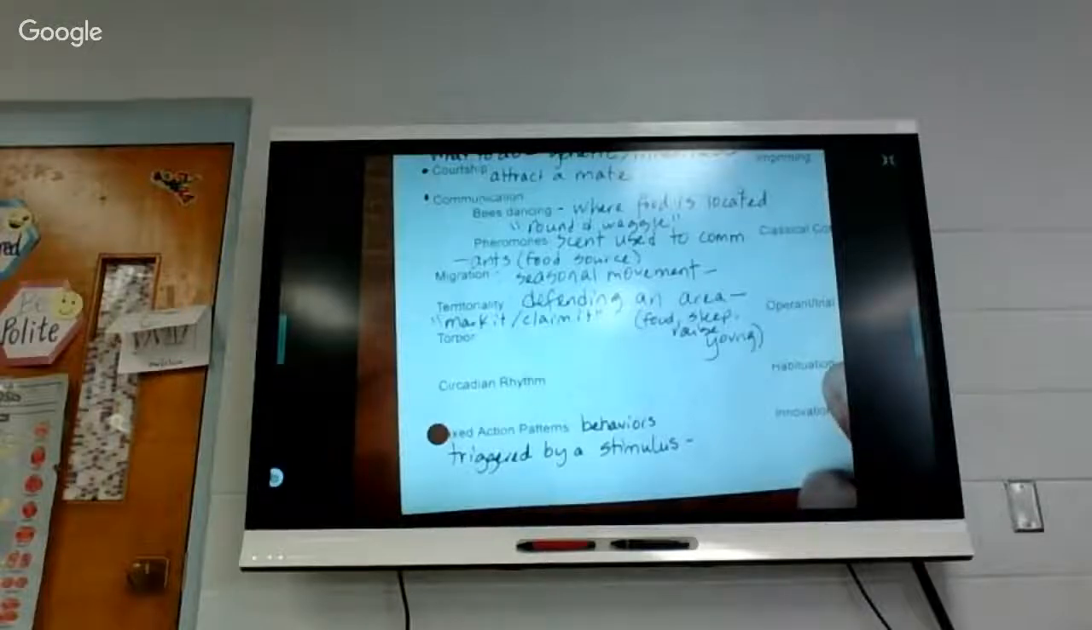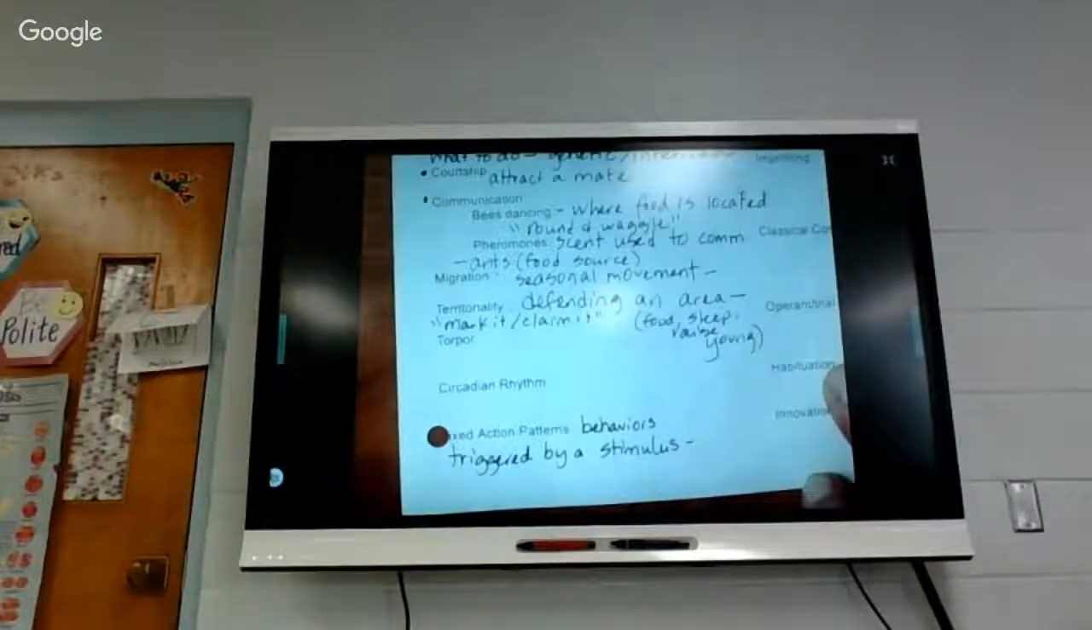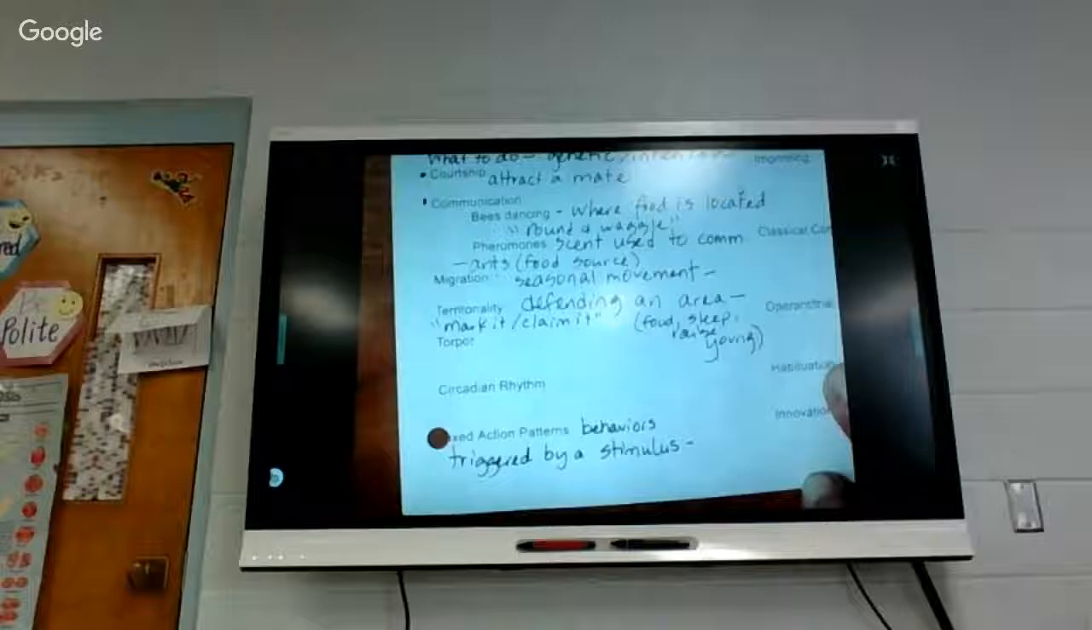And a lot of times you can be aggressive and you can challenge someone for that territory. In the Galapagos Islands, the marine iguanas challenge each other for the highest point on the rocks. The dominant ones are usually the ones that are going to get the best spots. So that leads us into